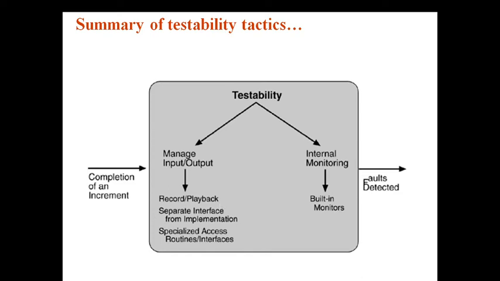Next one is the interface. Interfacing is moving from one phase to another, moving from one module to another module by using interfaces. At that time we can test the functionality. If the first module is working properly, it can give some data to the second module. If the second module is working properly, it can get the data from the first module and operate on the data. That is the second method. And finally, specialized interfaces. We can apply some special interfaces which can verify the running of this architecture.